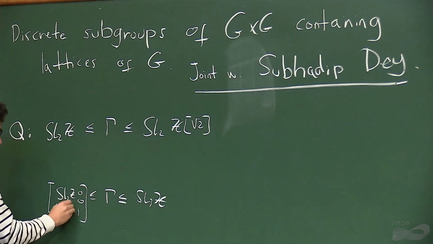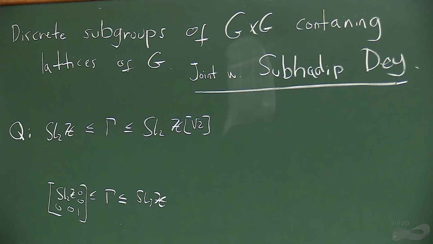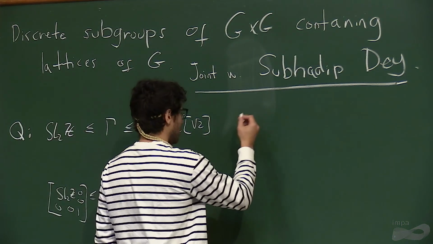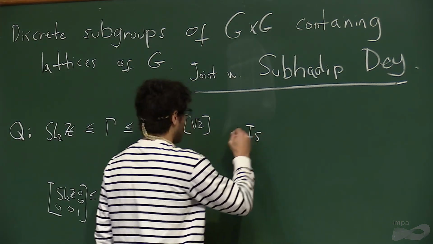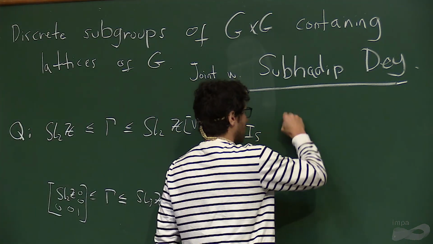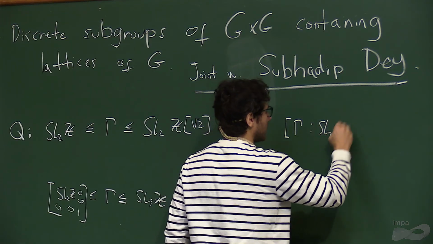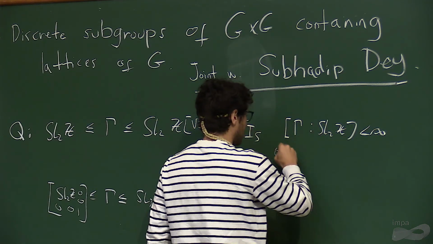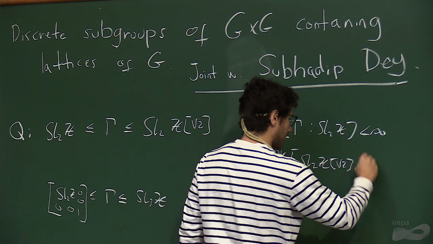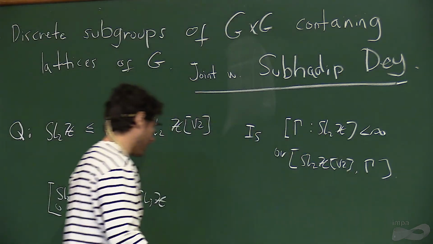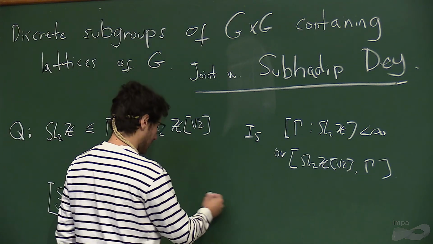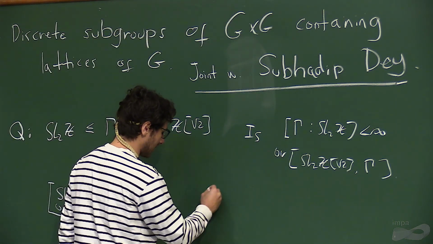Then the question is: you have this subgroup, and is Γ either SL2Z up to finite index, or SL2Z[√2] up to finite index? For example, you could just take a couple of matrices, the generators of SL2Z, and then add another matrix, and well,